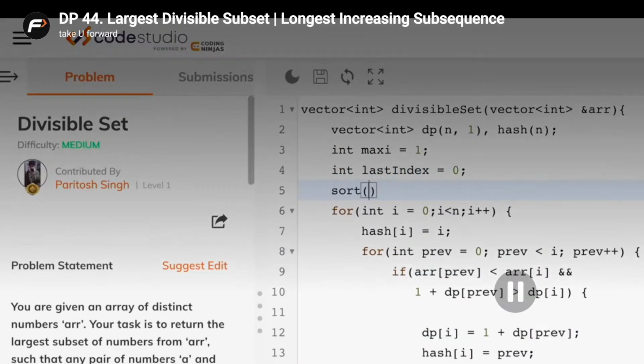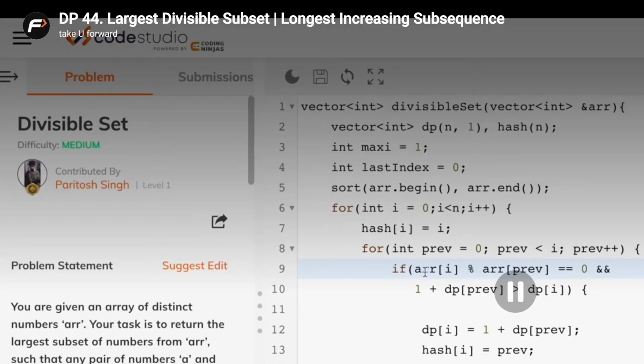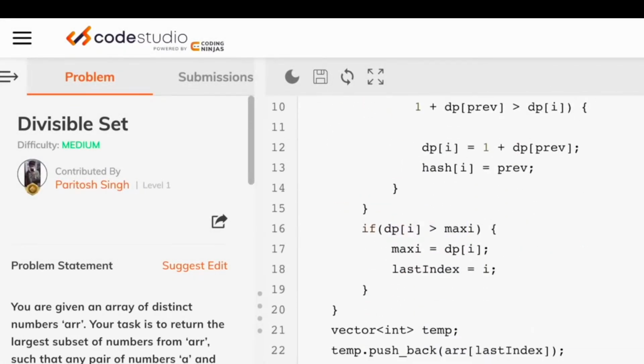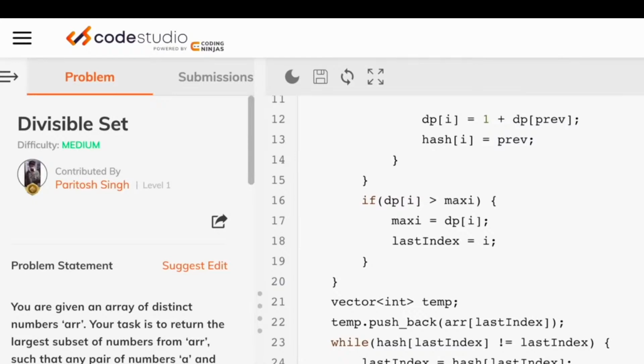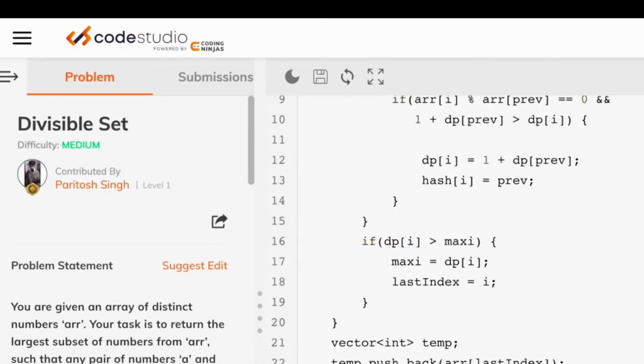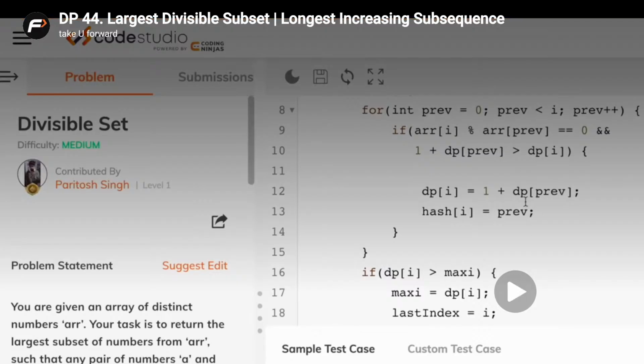I've taken the exact same code. What I will do different is, I will sort the array. Nothing different, I'll just sort the array. Once I've sorted this, instead of this, I will say if array of i modulo array of previous is equal to 0, then this is what I write, and in this way I can store it. And this will make sure the subset is stored, and I can reverse it. Over here they want the subset to be returned, so just return the subset. So that's how you can do it. Just a small change. And if you try running this,